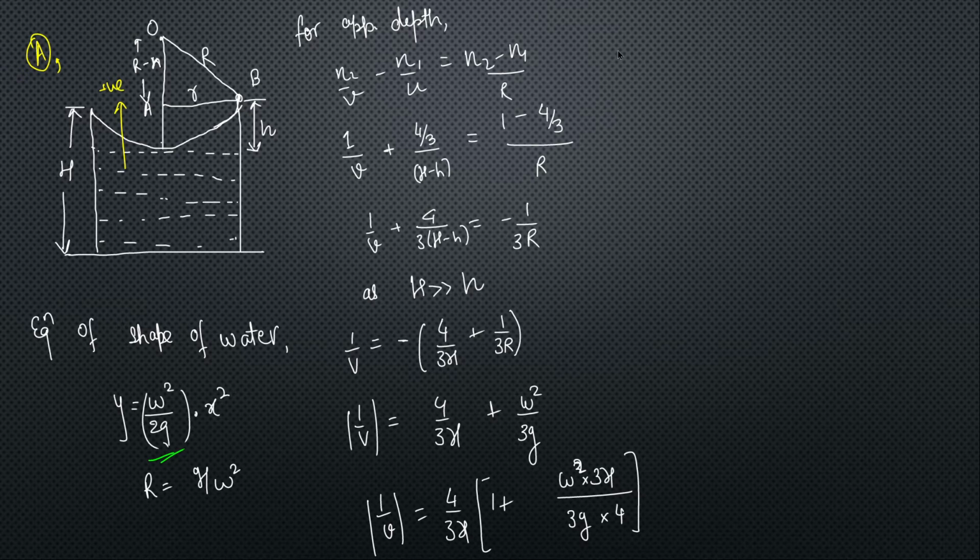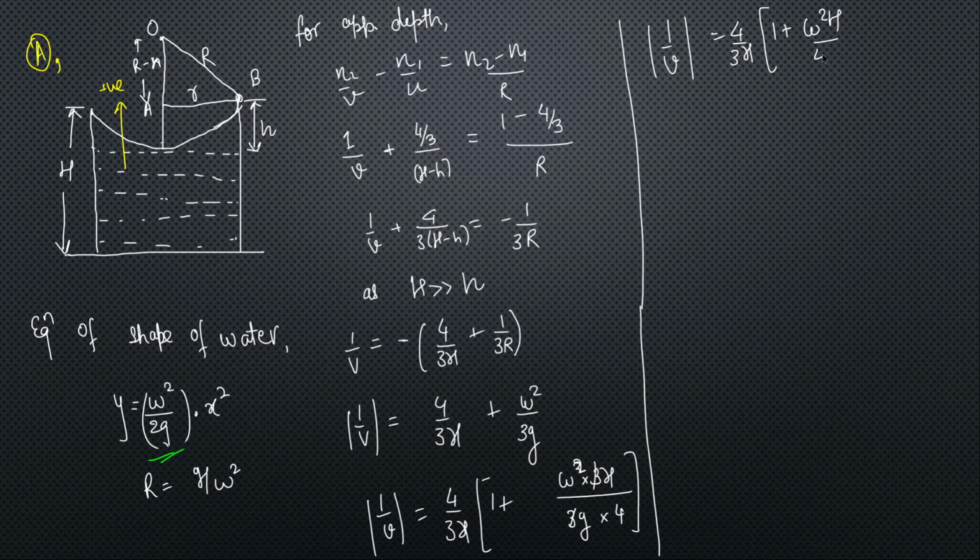So 1 by v mod is 4 by 3H times (1 plus omega square H by 4G), where the 3 gets cancelled out. So here v mod comes out to be 3H by 4